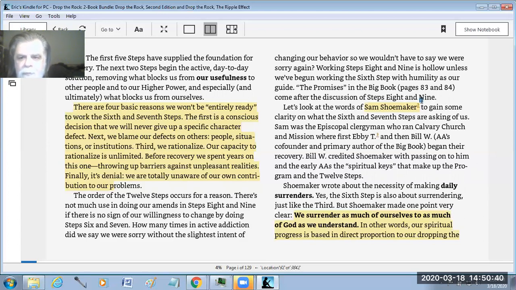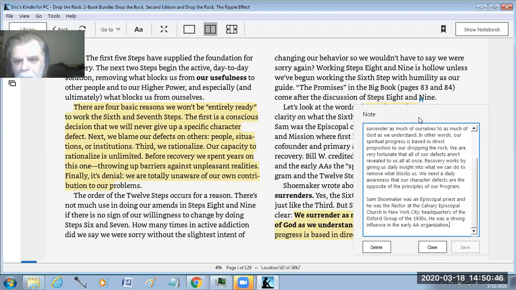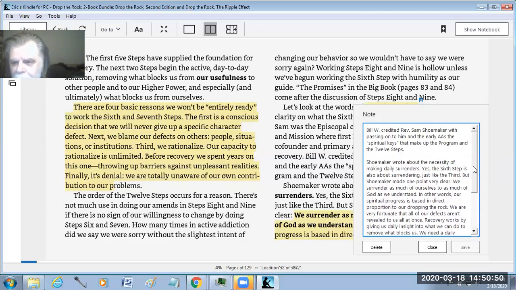Let's hold on for a second, because I have a note here and I want to open that. It's going to look at the words of Sam Shoemaker here. He provides some insights in another book. That book is called Courage to Change. It's the Christian Roots of the 12-Step Movement, where, in fact, it was documented by Bill Pittman and Dick B. about what was learned from Sam Shoemaker.